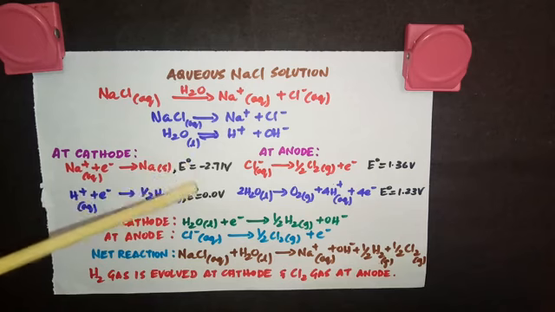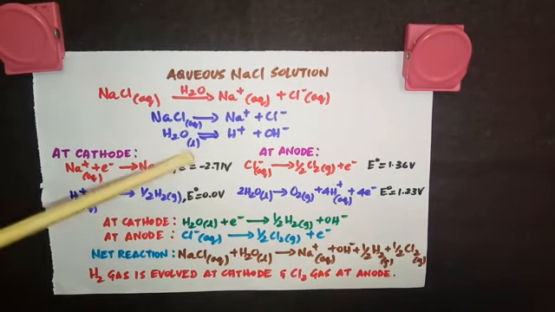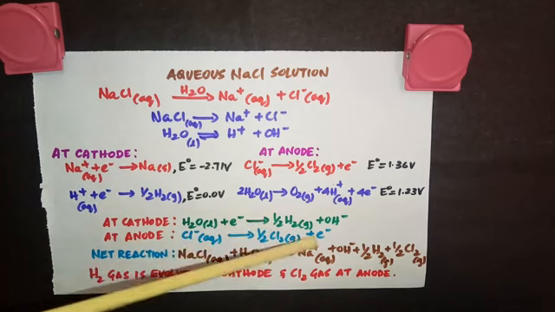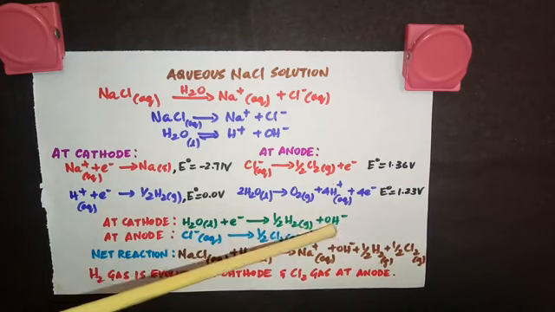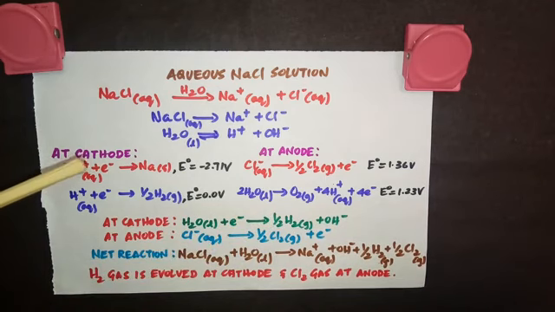Now look for electrode potential values. The E0 value for this reaction is minus 2.71 volt and for this is 0.0 volt. And just now we have seen the ion with greater reduction potential will be reduced at the cathode. So this is greater than this. So who will get reduced at the cathode? Hydrogen. So considering these reactions, where both have H+, the overall reaction at the cathode is written like this: H2O liquid plus electron gives half H2 plus OH-. So this reaction happens at the cathode. So at the cathode, hydrogen gas is liberated, not sodium metal.